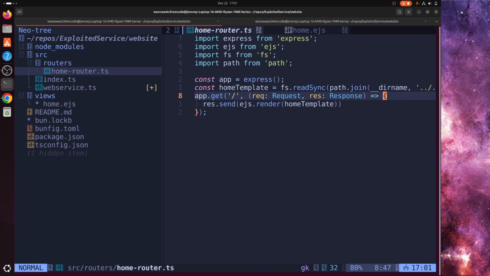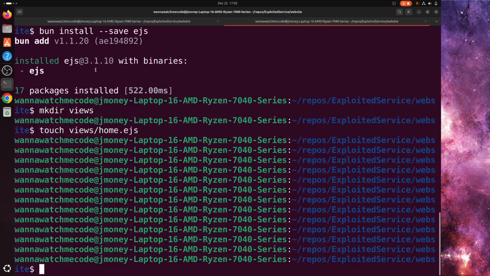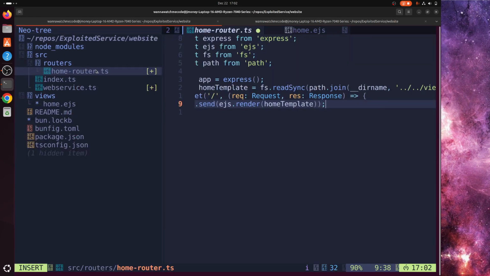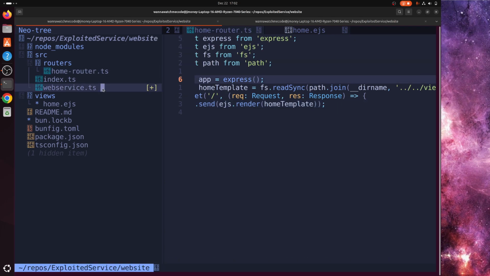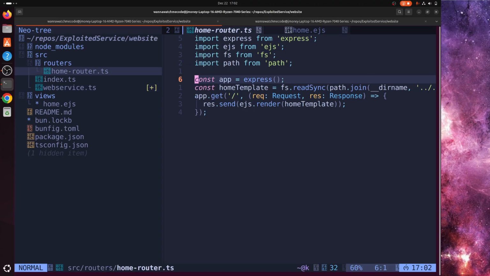So we got the rendering of the home page, and I don't know if I have to specify the content type, so we'll see about that. It might just render as text, but okay, so got that. Now let's go back. Did I save? Let's go back to web service. Okay, so I didn't actually finish. This is actually not right. I wanted to do